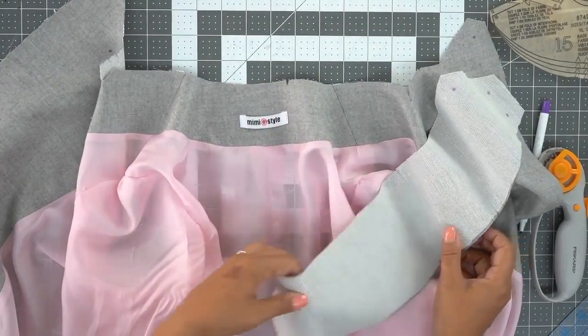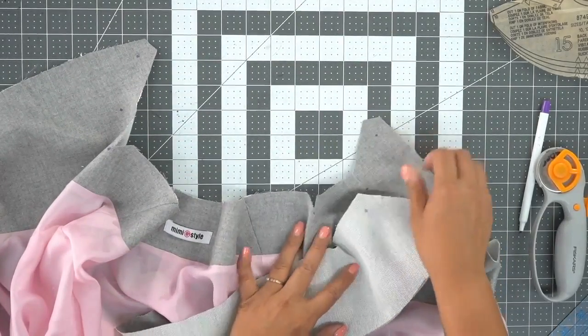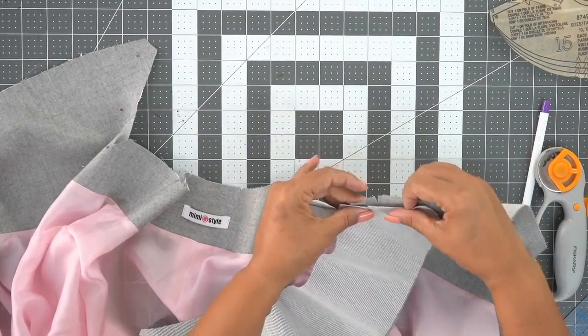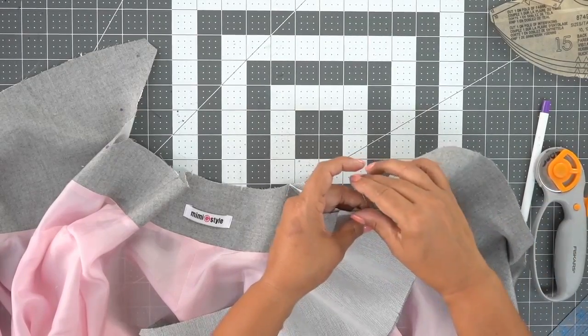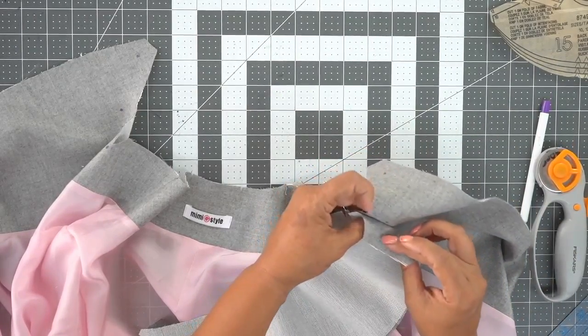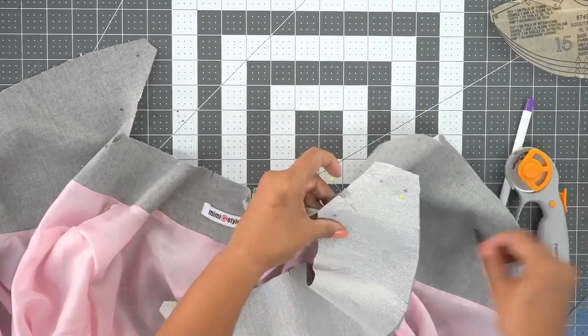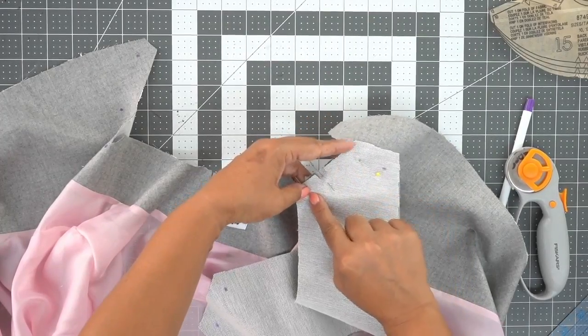Now we're going to attach our upper collar to our facing, and you're going to do that similar to how we did it to the bodice of the jacket. So what you're going to do is match those double notches that you should have, both on your jacket lining and on your upper collar, and then pin at your dots. You're going to stitch using 5/8 of an inch seam allowance between your dots,